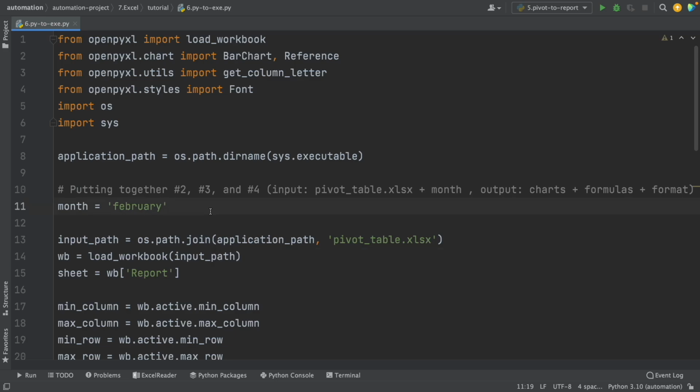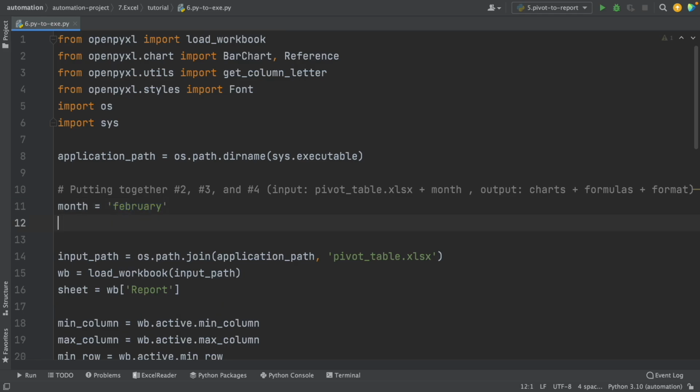All right, now to customize our automation even more, what I'm going to do is ask the name of the month. So instead of just setting the name of the month, what I'm going to do here is write month equal to, and here use the input function. So instead of just writing the name of the month, every time we want to run this executable file, we're going to ask the name of the month. So I'm going to write here introduce